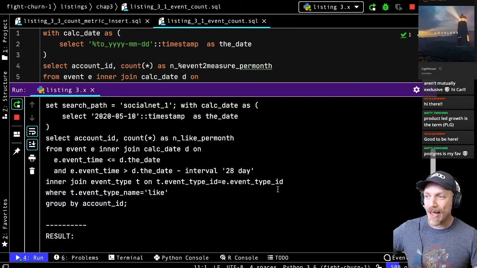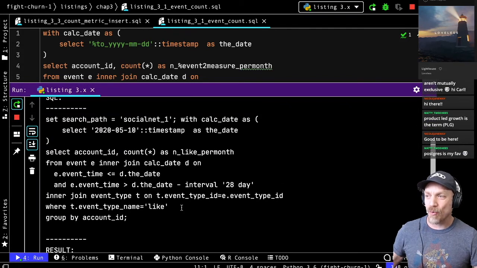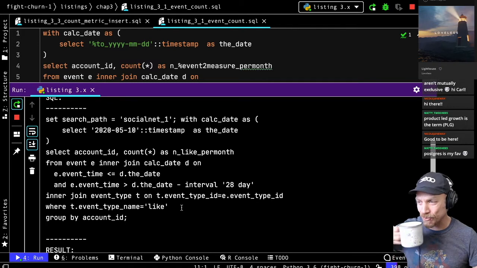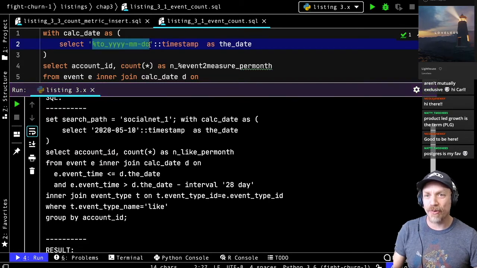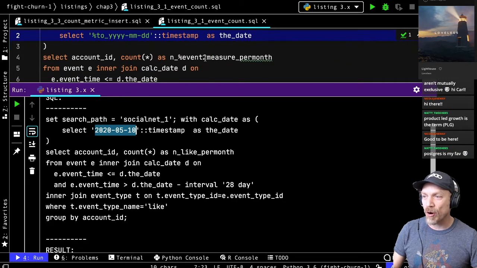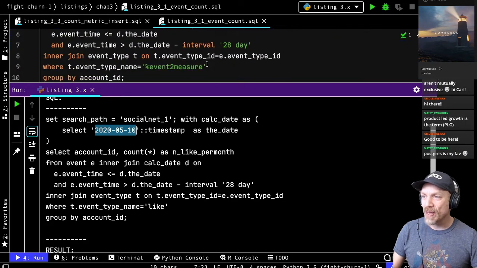So every time it runs a SQL, it prints out the SQL it just ran, I should say. And you can see that the bind variables get filled in. Up here in green with the percent beginning, you can see a bind variable, and you can see that that gets bound to a date. And similarly for the event, this starts out as a bind variable, and then it ends up as the like event.